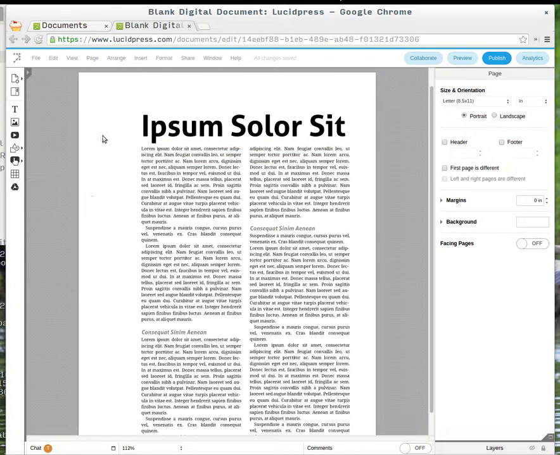Now if you wanted to make an underline, underline's probably the wrong way to create that line. You've got a lot more options. You could create a box